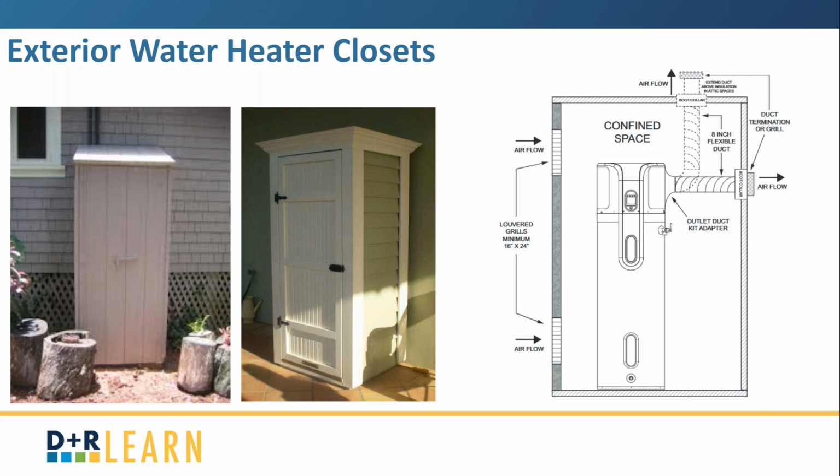The penalty is that you reduce the efficiency. If you're talking about a dollar figure, I can't give you that. But let me say it this way. If you can save energy 9 months out of the year as opposed to 12 months out of the year, I would do it, because you may have to operate that water heater on electric elements for 3 months. That's what will happen if your temperature in that garage falls below that 36 degree temperature. It's not going to operate on heat pump mode, but every opportunity that it can, if it's set on hybrid,